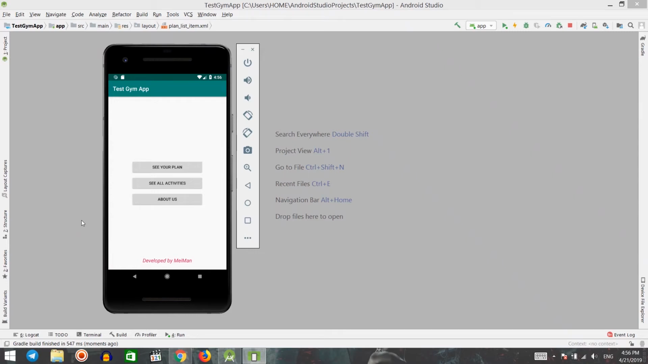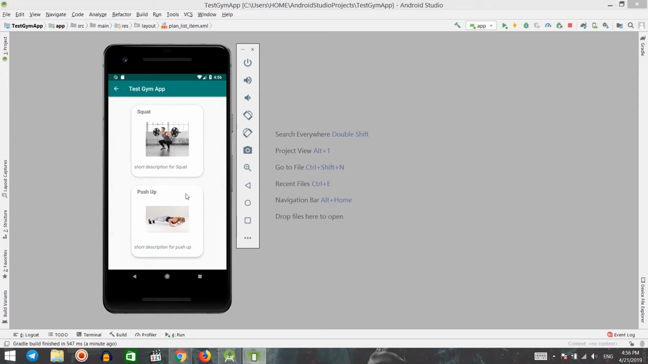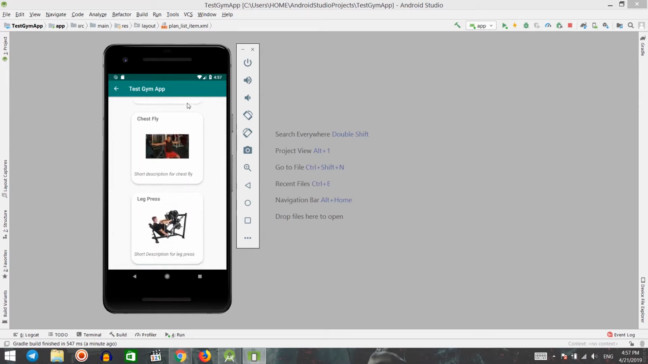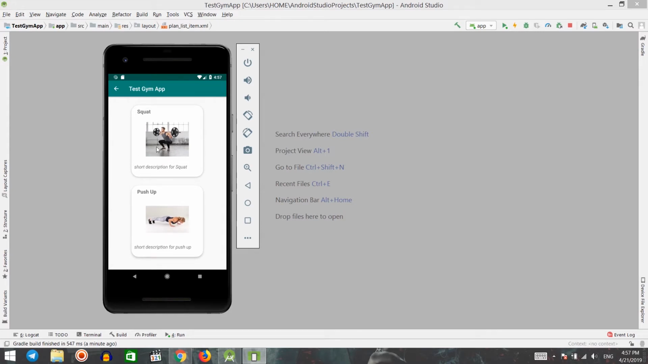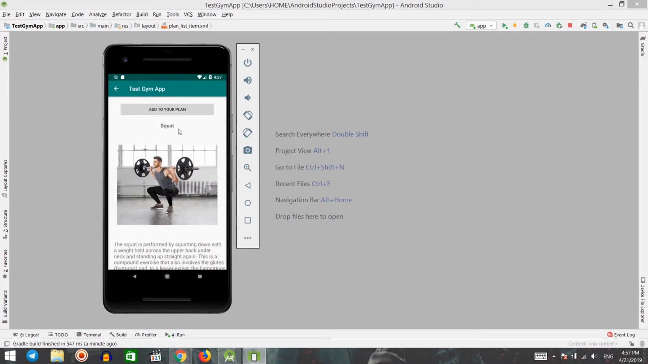Here is the challenge. I want you to create this simple application. We have seen everything that we need, and we can simply create this. This is a gym managing application, meaning that we can see different gym trainings by clicking on the see all activities. We can see a variety of different options, and if I click on them, for example, in this squat